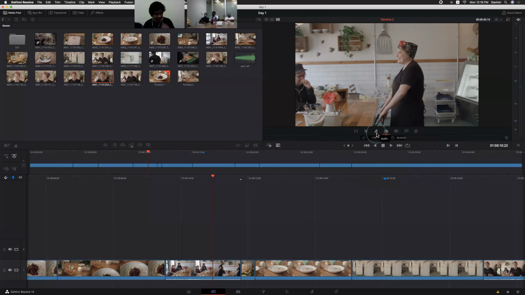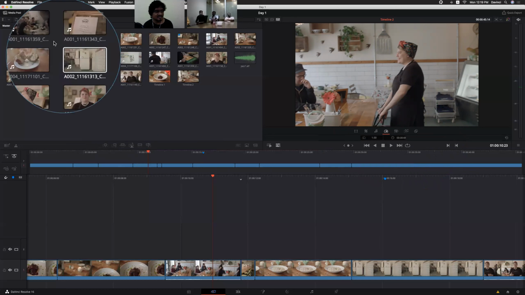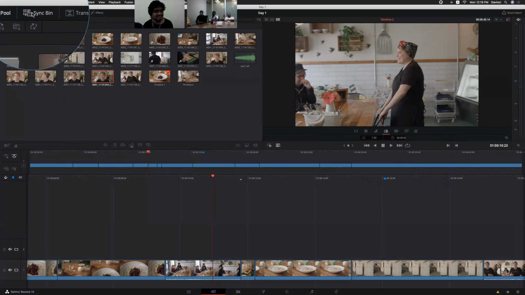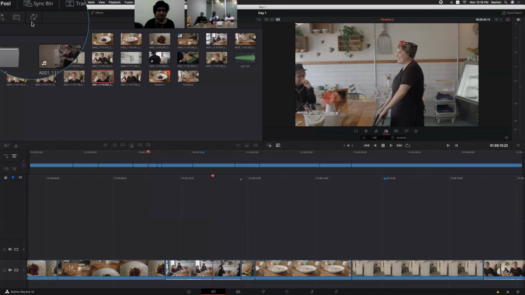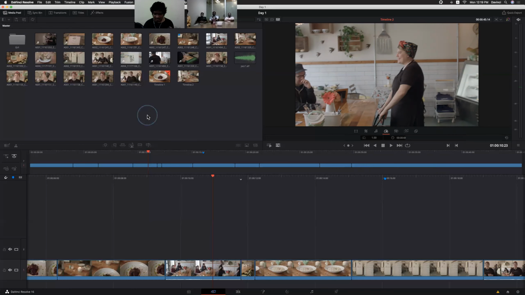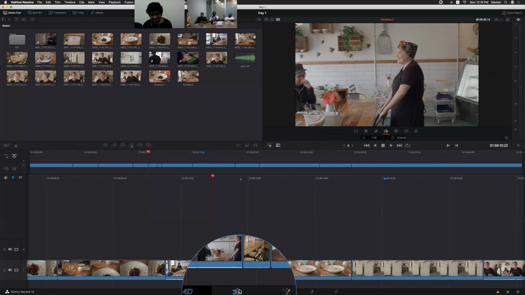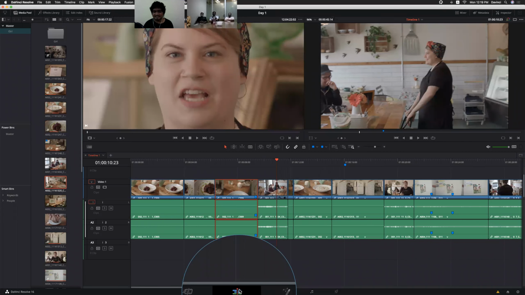Okay, and instead of that, there is a beautiful option in the cut page. It's called syncing and sync bins. But for the sync bins and syncing, we will see it while discussing multicam edit. While doing multicam editing, we'll see how to use sync bins and syncing options, the audio video syncing, the multicam syncing and everything. Most of the time we'll stick with the edit page only, but sometimes we may use the cut page.